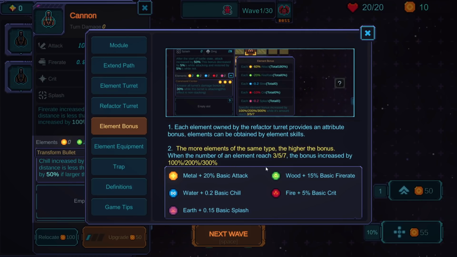Each element owned by a Refactor turret provides an attribute bonus. Elements can be obtained by element skills. Phrasing on that one has me a little confused. Each element owned by the Refactor turret provides an attribute bonus. That makes sense. Okay, so they get...